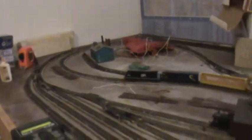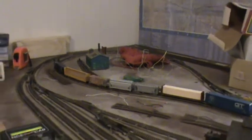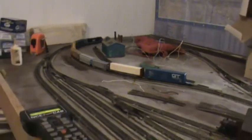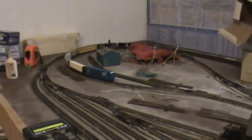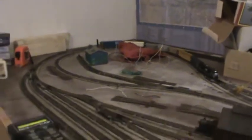You're probably wondering, well, wait a minute, this doesn't look like your layout. Well, that's because it's not. That old N scale layout that I was building, which old was new, has been scrapped. The lumber is going to be refurbished into either bench work to add to this or other projects. And the reason being is